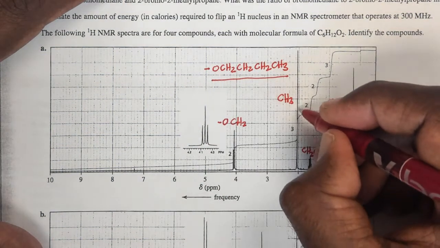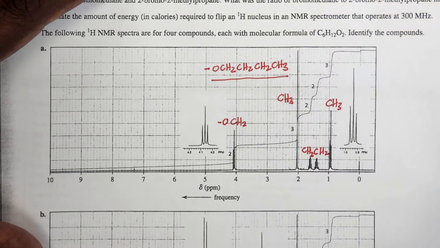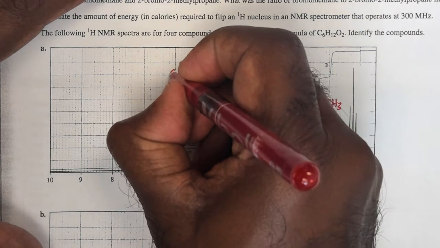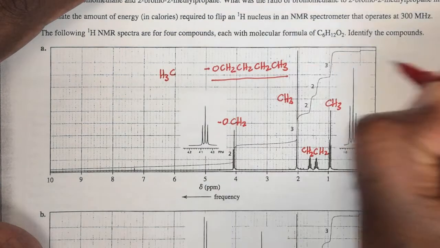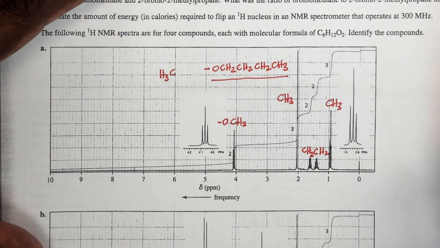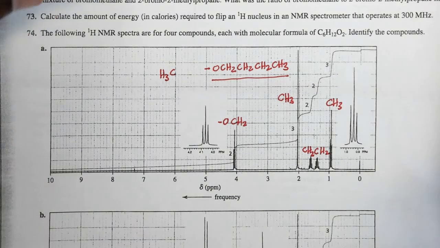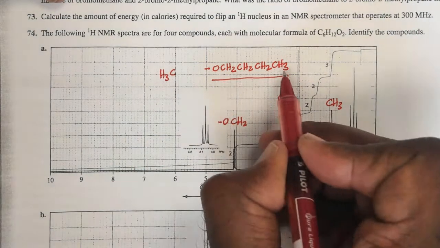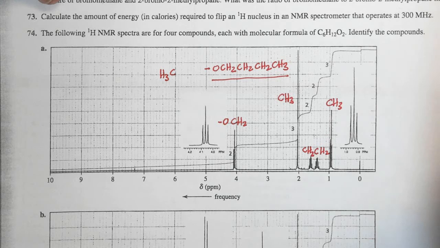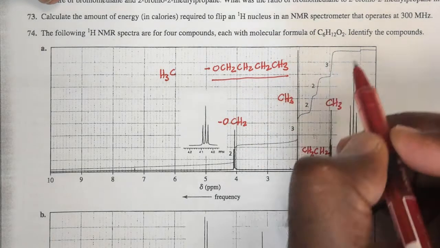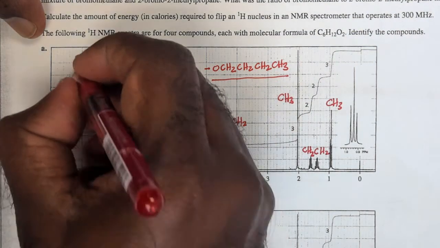I didn't talk about the singlet CH3, and it's not next to any other protonated group. So I do have another CH3 that is not next to any other protonated group. And if I look at the molecular formula of what I have thus far and subtract it from what was given to me, I was given